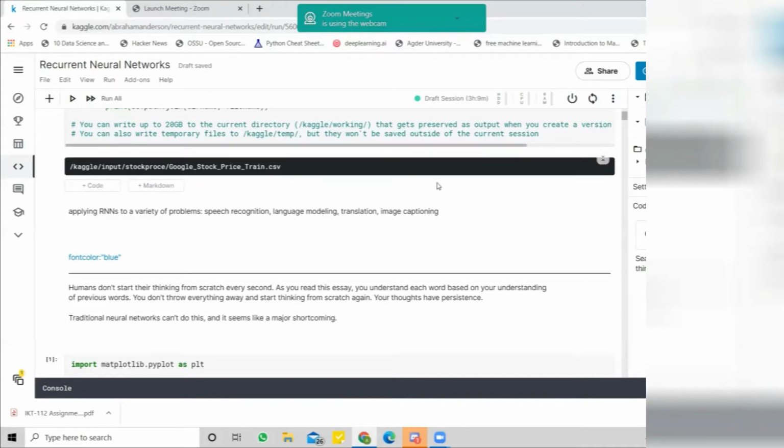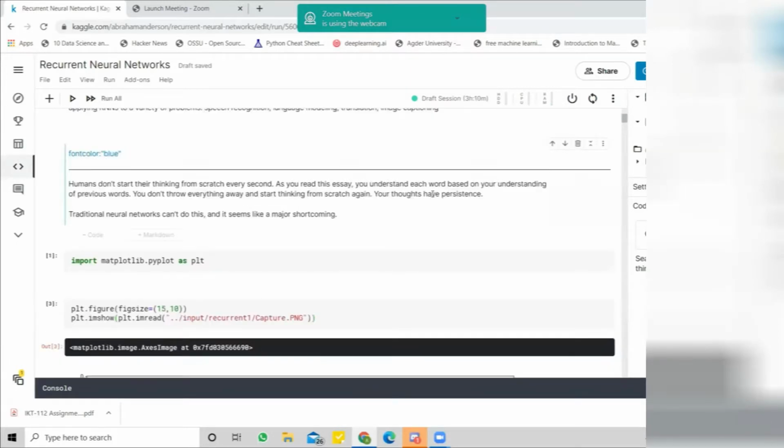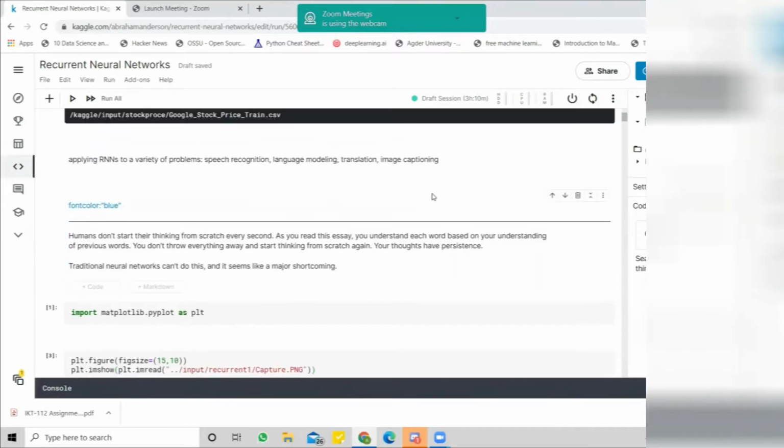As you have gone through, recurrent neural networks are basically used for speech recognition, language modeling, translation, sometimes image captioning, and there is a need for recurrent neural networks because normal neural networks sometimes do not answer some of the questions that recurrent neural networks address.